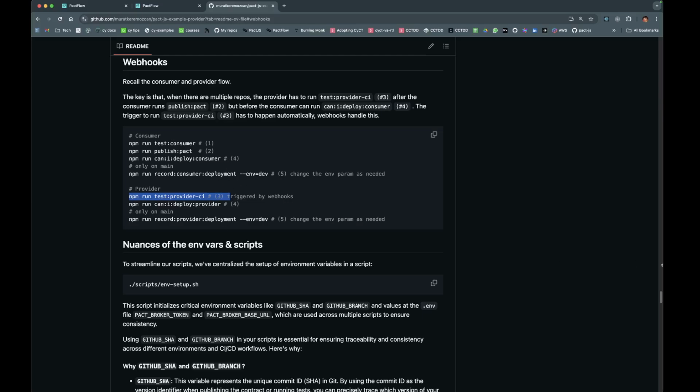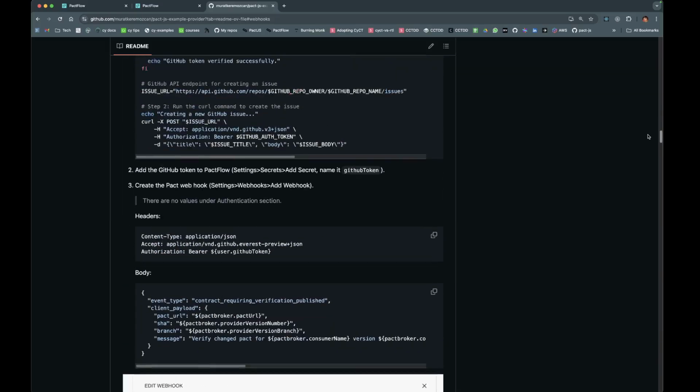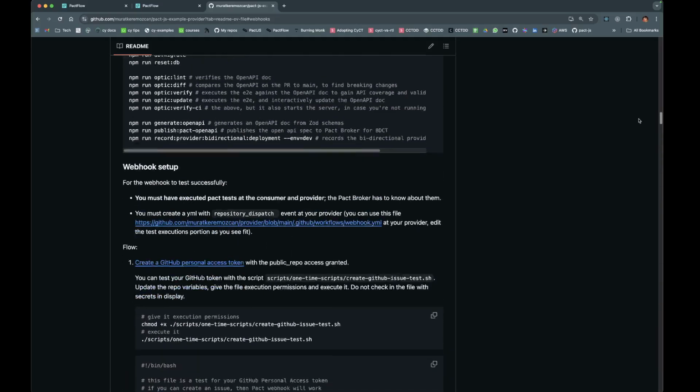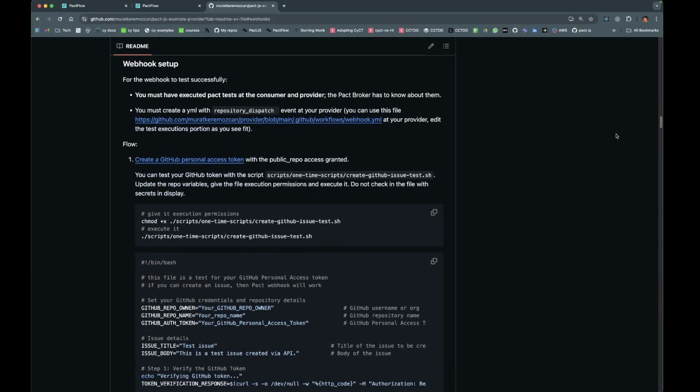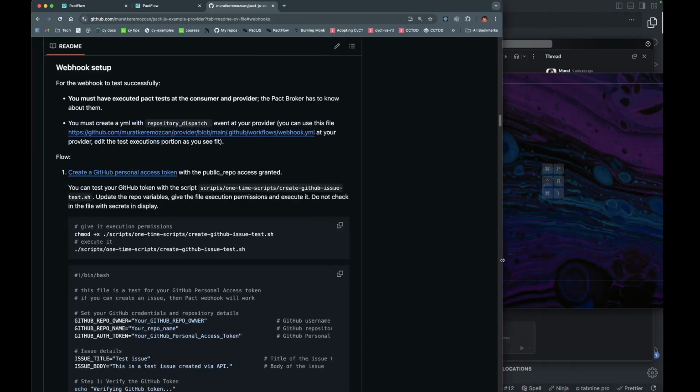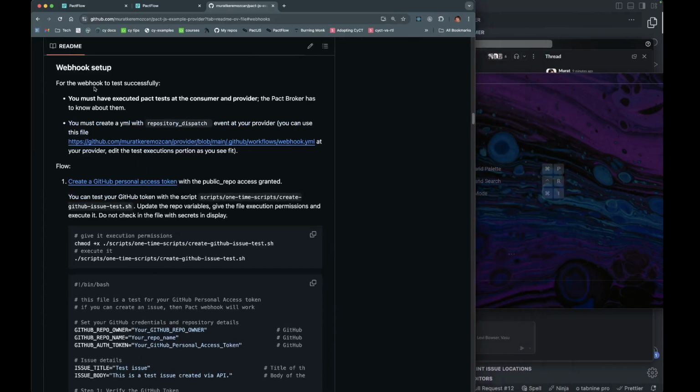So in this one, we're going to set up the webhooks, and we're just going to follow my notes about webhook setup. It's very tricky. There are so many ways to get it wrong, but using a few scripts, we'll be able to do it in a reasonable way. Okay. So for the webhook to test successfully, you must have executed Pact tests at the consumer